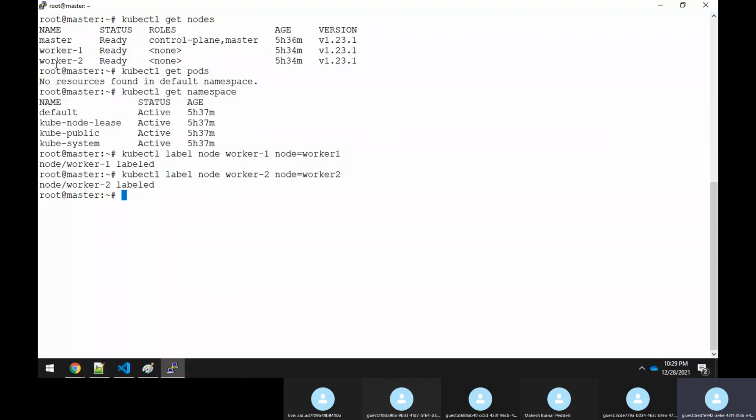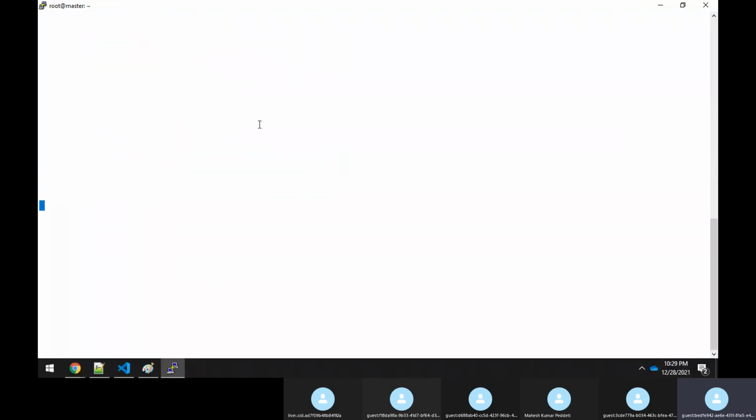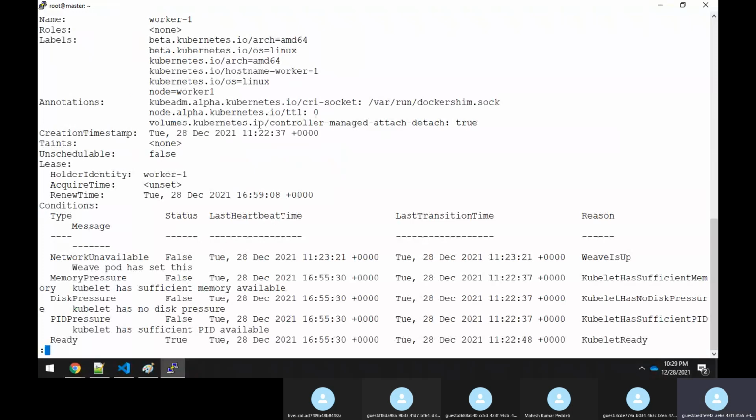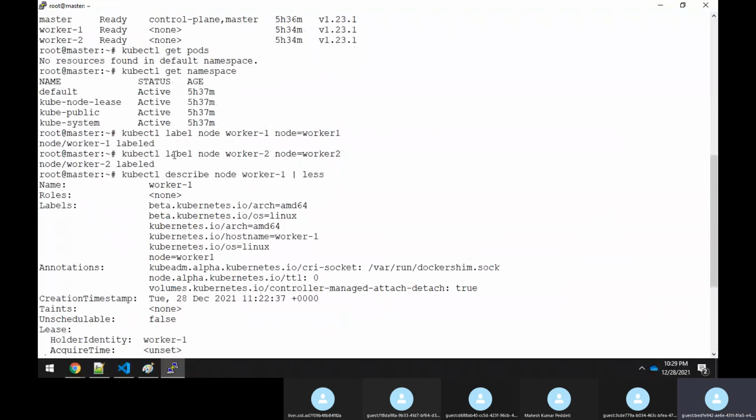If you want to check whether the label is set or not, we can execute kubectl describe node and specify worker 1, piped to less. Now if you see this output, see the labels: you already set the label as node=worker1.